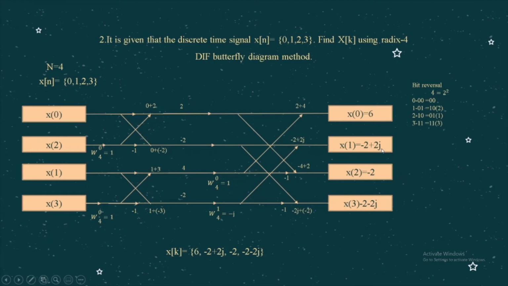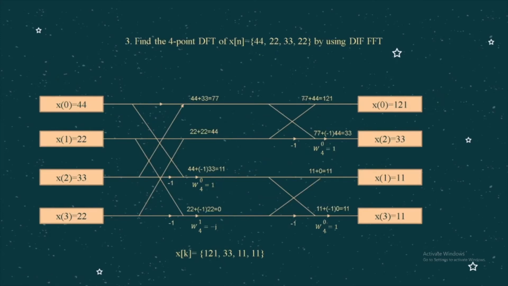So, in conclusion, the answer for x of k is equal to 6, negative 2 plus 2j, negative 2, and negative 2, negative 2j. For question 3,